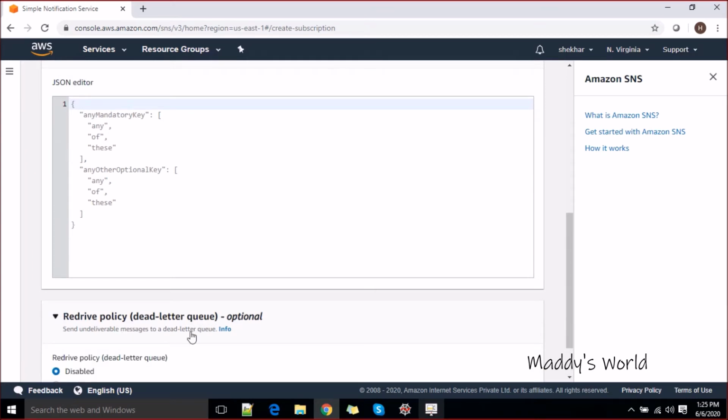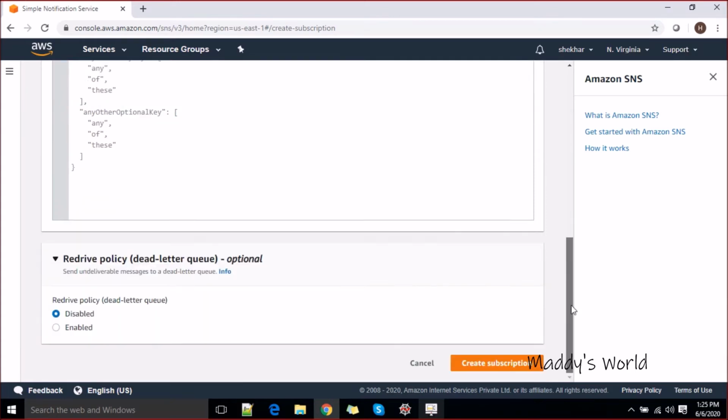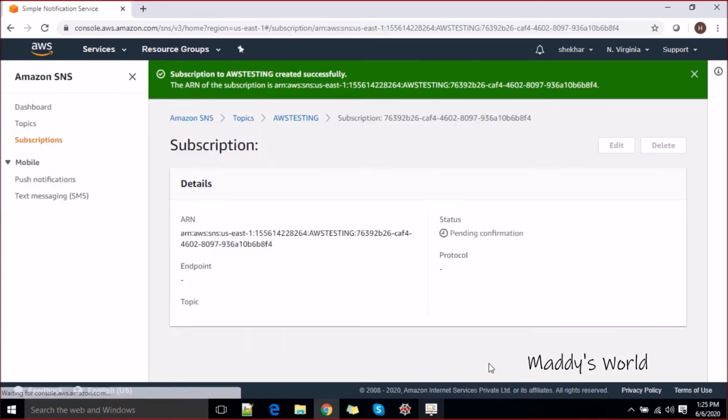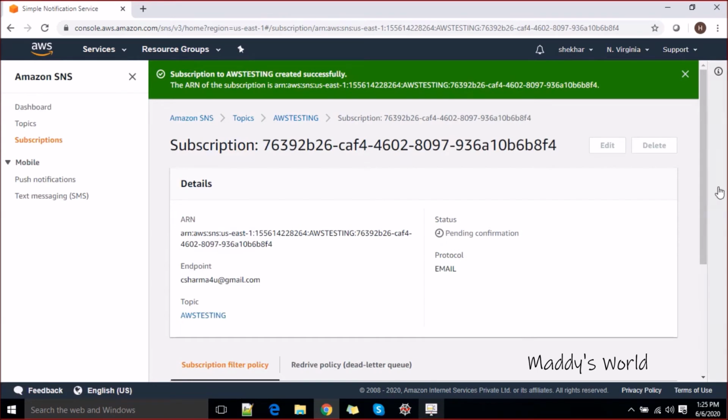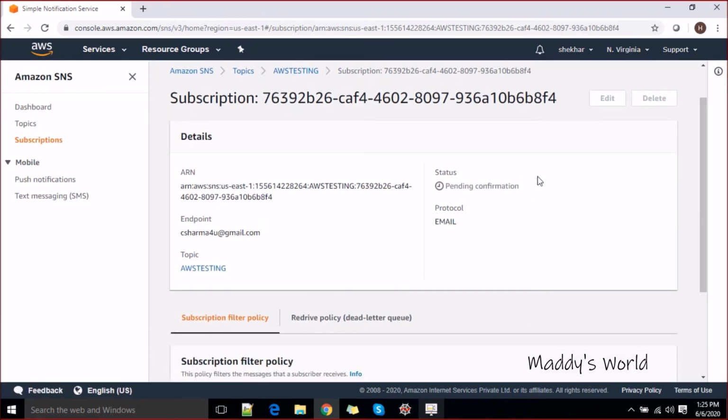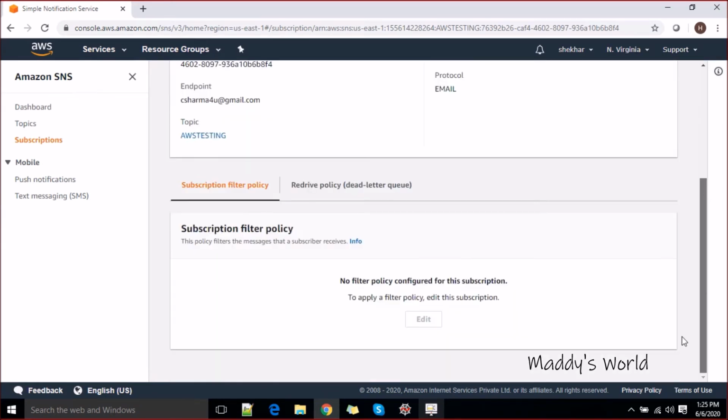If there is something dead in the queue, what do you want to do? You want to redrive the policy, leave it at the default at this moment too. So go ahead and create this subscription. Now the subscription status is pending confirmation, it's still pending, so it will take some time to get completed.